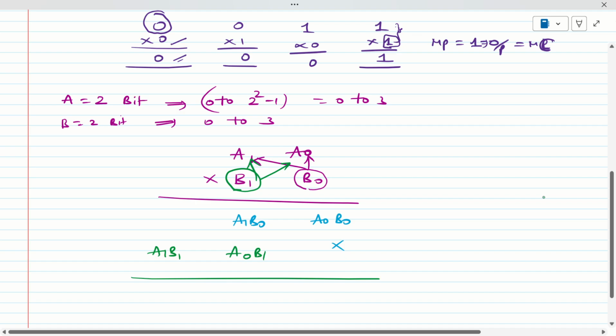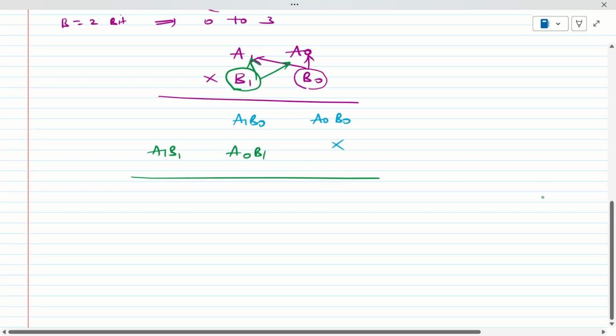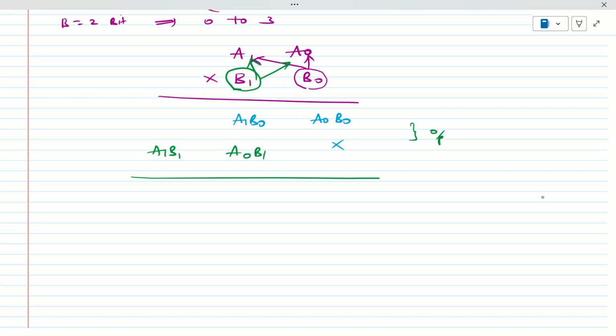This is not my final product output, because the output always comes from addition. So how to achieve a0 into b0? It is achieved by the AND gate, so these all are nothing but